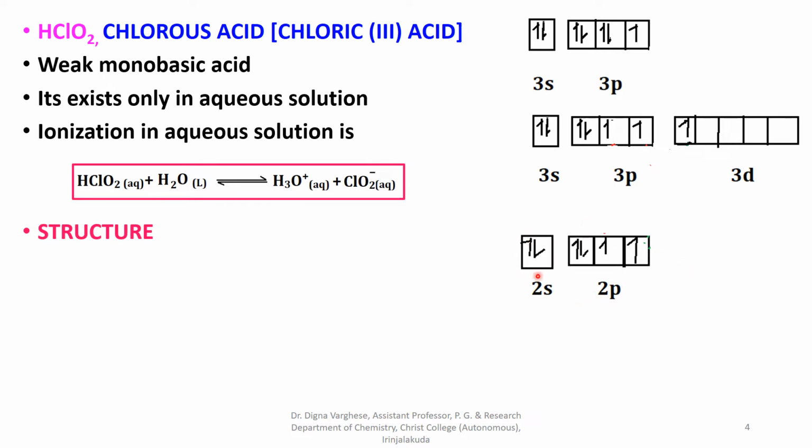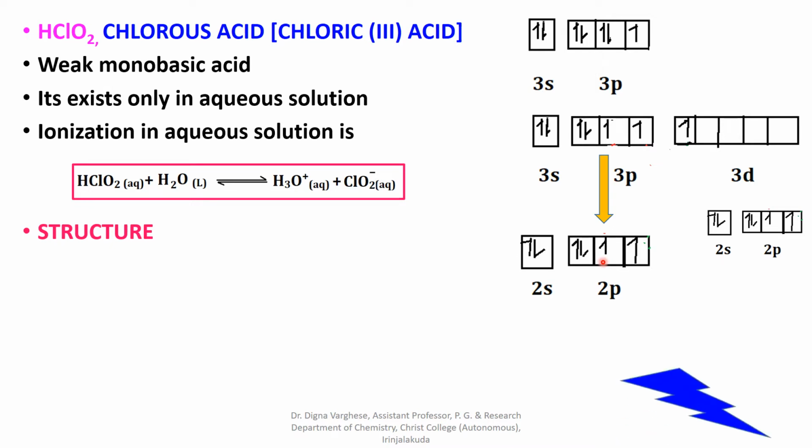The chlorine atom is connected to two oxygen atoms, and one sp3 hybrid orbital forms a sigma bond with a p orbital of oxygen, and another sp3 hybrid orbital of chlorine atom bonds to another p orbital of oxygen atom, forming